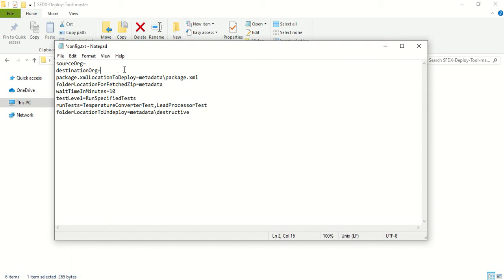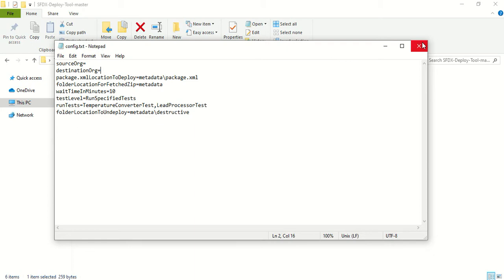For the destination org also, you can set the alias if you are familiar with SFDX and have already authorized the org. And even if you have not authorized the org, or you're not familiar with SFDX, you can simply leave it blank. So I'm just going to remove the data that was there after the equal sign in both the source org and the destination org, and I'll authorize it right in front of you.